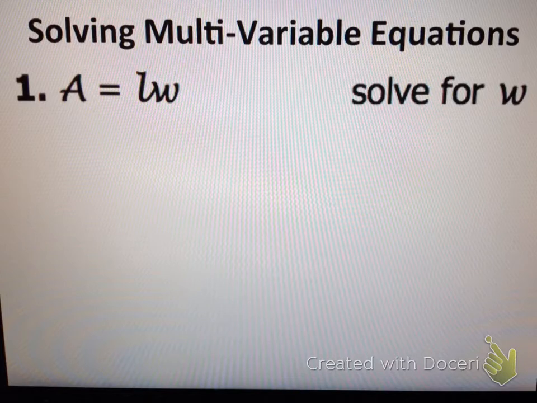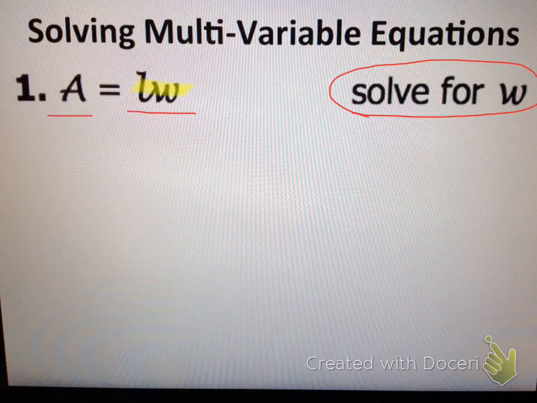So in this problem, we need to solve for w. All that we're going to do is look at the problem. We've got A is equal to L times w. Since we're solving for w, our goal is to get w by itself. The one step that we have to do is the multiplication that's going on in this problem. We do that by dividing on both sides by L. That cancels the L out here, cancels the L out here, and we're left with w is equal to A